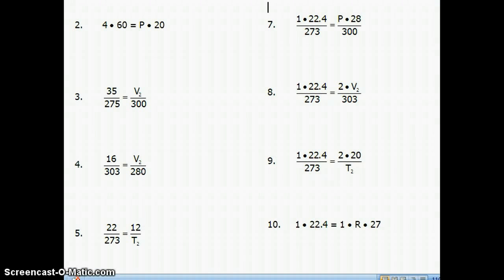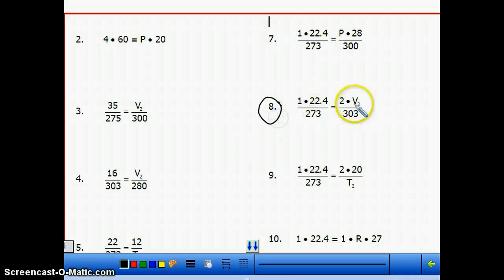Alright, the last problem we're going to do together is number 8. Number 8 is done the same way, except we just have some extra numbers to work with. So the first thing you see is that 1 times 22.4 is 22.4. That gets cross multiplied to 303. And we'll cross multiply this way. We'll get 2 times 273 times V2. 22.4 times 303 is